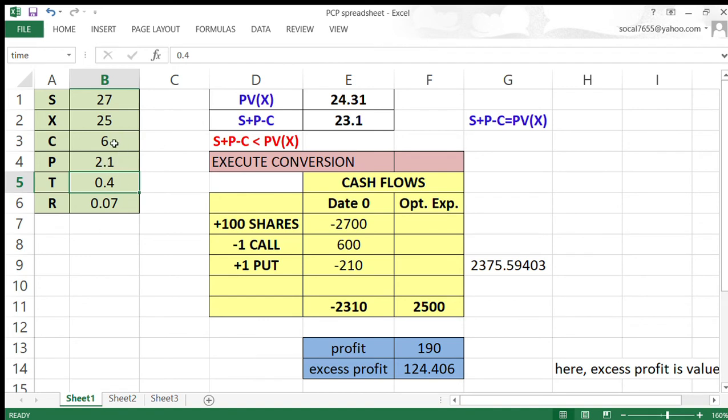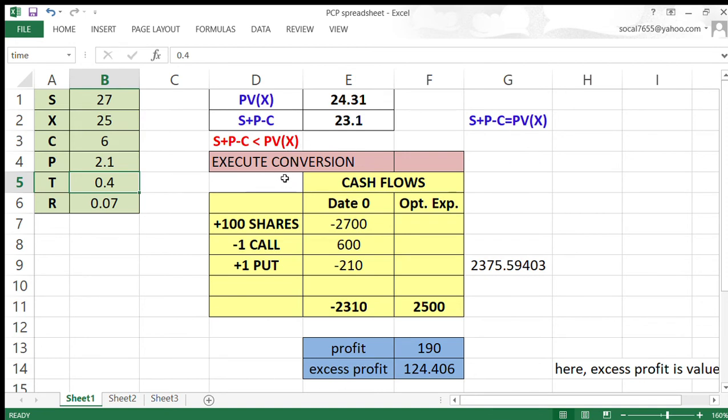be lower. And if this was the price of the call relative to the put, 6 versus 2.1, would that be appropriate? We look up here and we see no. 24.31 is the present value of the strike price, and S plus P minus C equals 23.10. S plus P minus C is less than the present value of the strike price, indicating a conversion is called